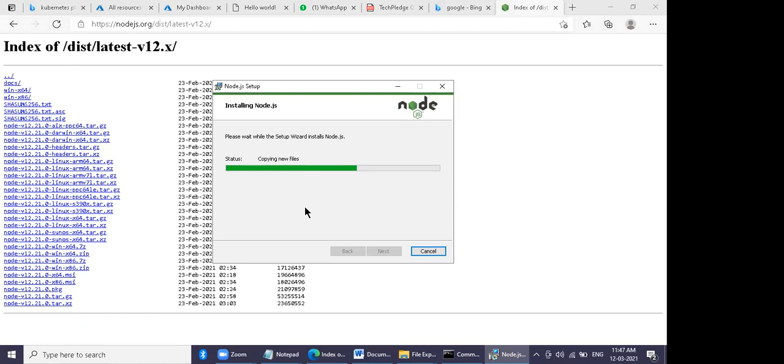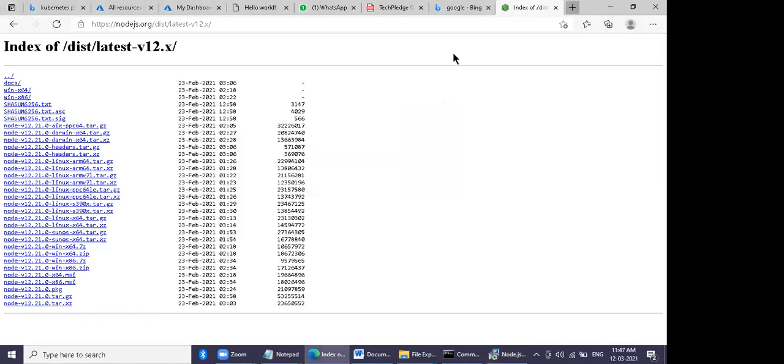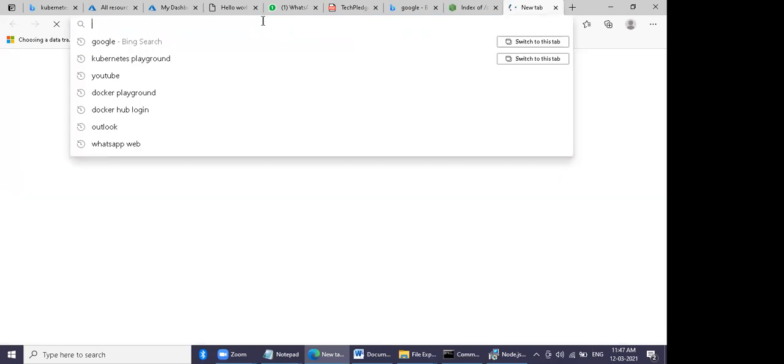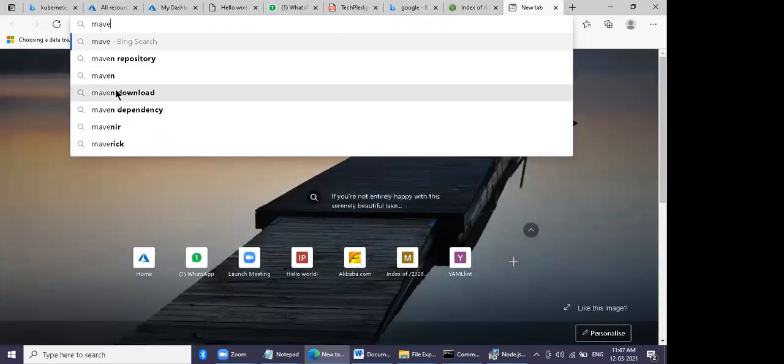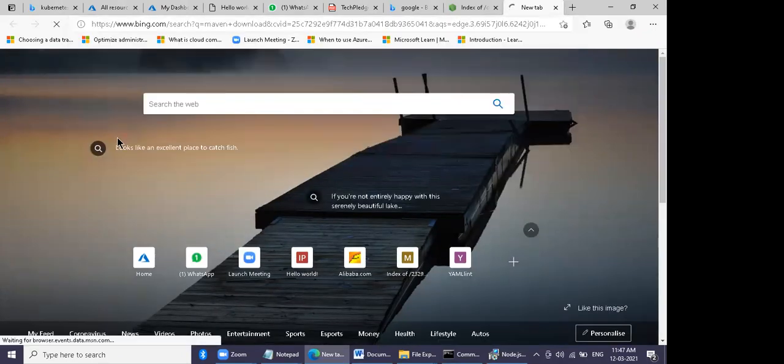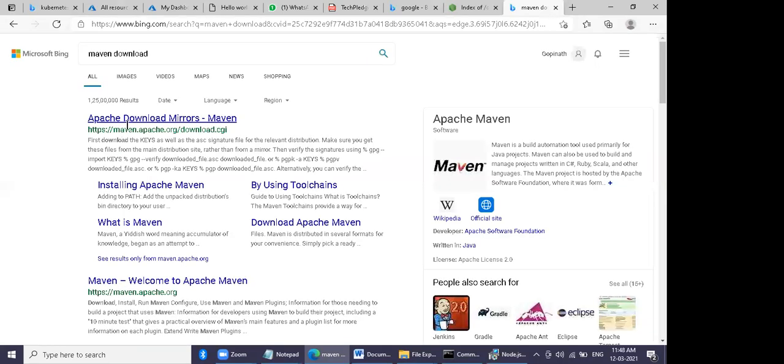Now go to Google and type Maven. Enter. This one, Maven repository download. Yeah, Maven download. This one.